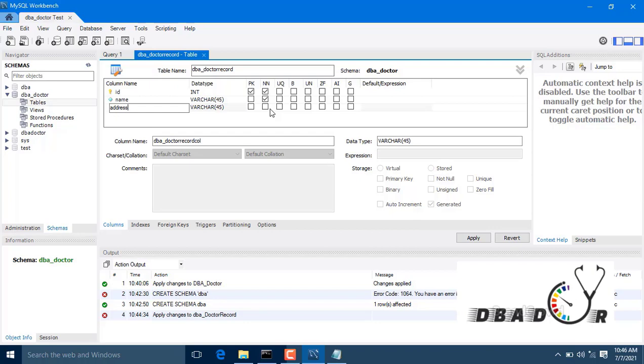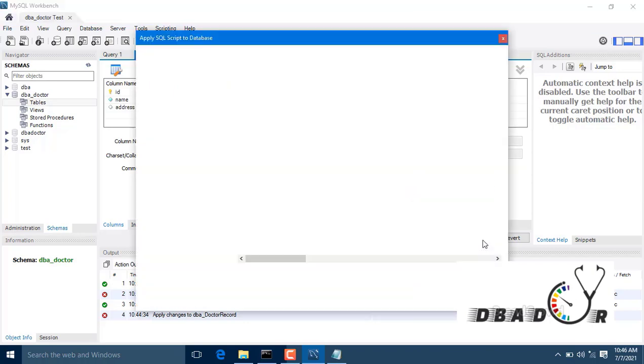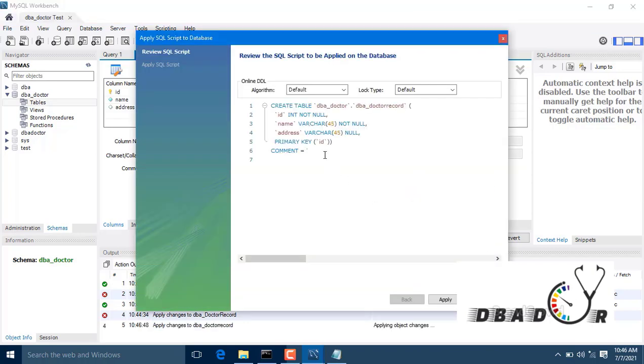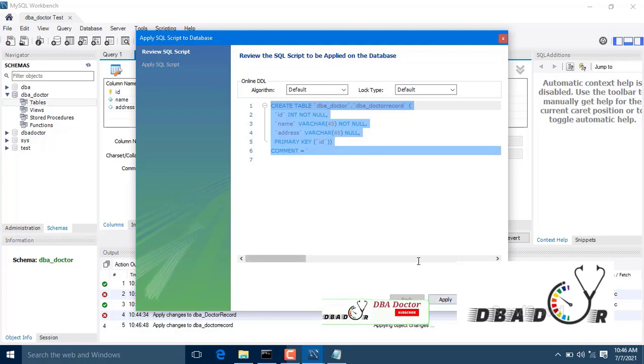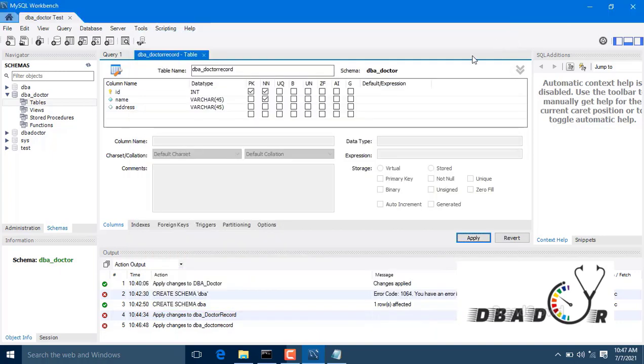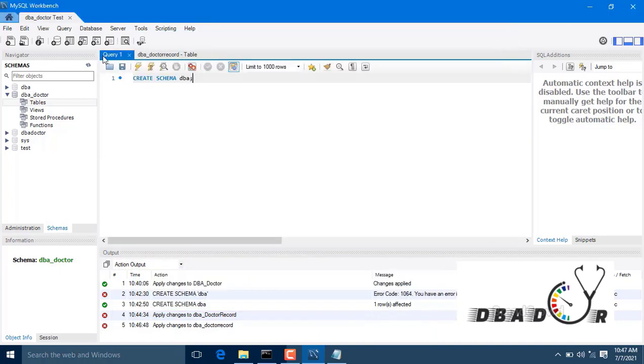So if they are not providing it, then also it will create like that. Once I apply this, the record will generate like this. This time I'm not applying with the help of the GUI tool. I'm going to apply these things in the scripting part.